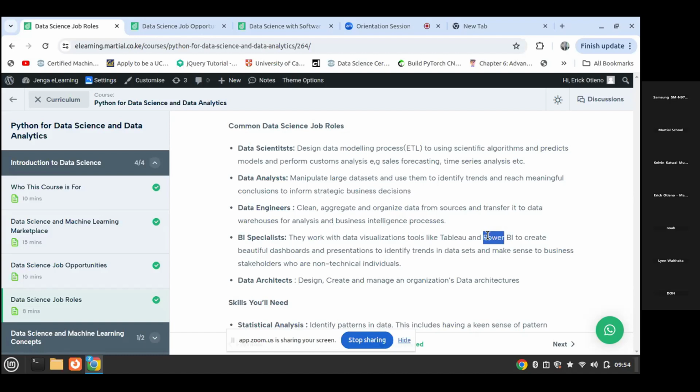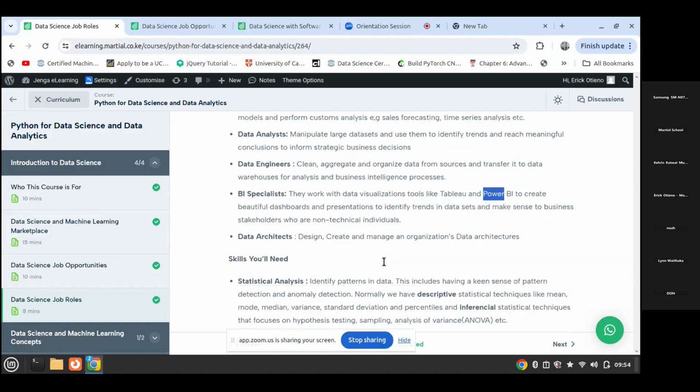So as a data analyst, you can specialize to be a business intelligence specialist, where your main work will be to draw some dashboards that have presentations to identify trends within data. And then after designing these dashboards, you need to have presentation skills, whereby you are presenting your analysis to stakeholders. And most of the stakeholders we have in the market are people with non-technical skills. So you need knowledge on how to communicate your insight.